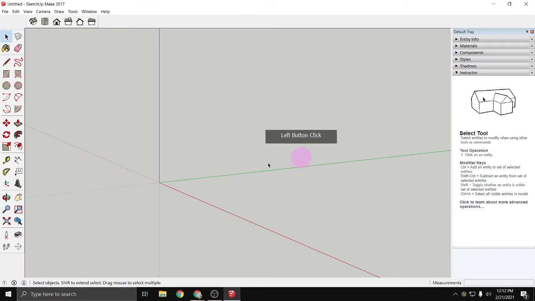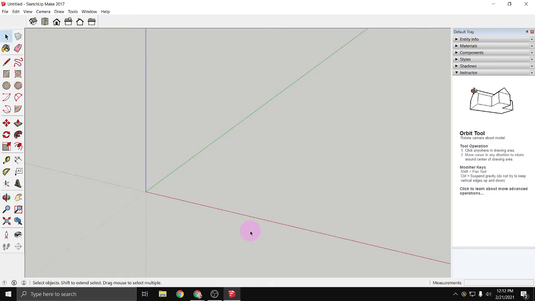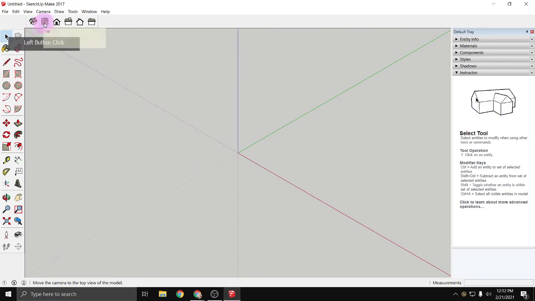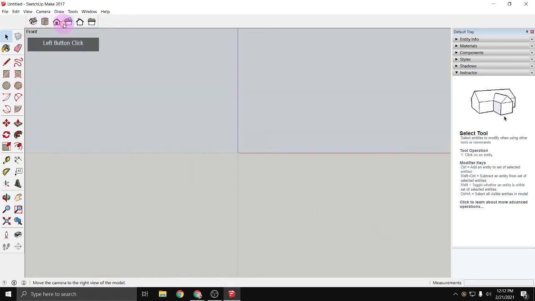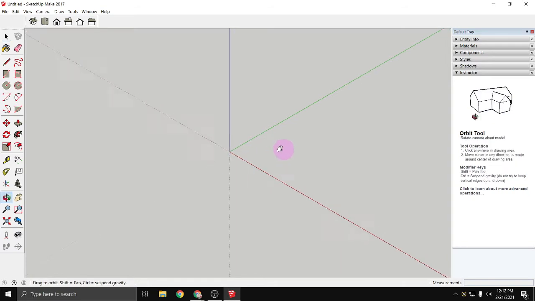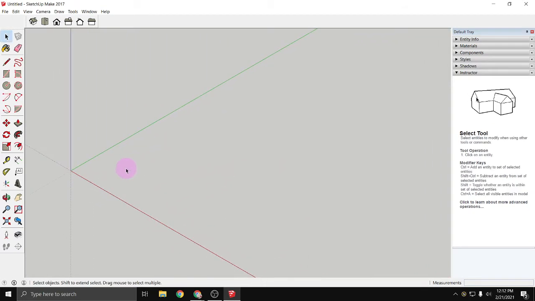So with that, I have my blank SketchUp. I'm just going to orbit around. And another thing too that's handy of why I like to keep this open is because this can just snap me to like some of the direct orthographics, so I could look at directly the front, directly the top. I could have an isometric view, pretty nice and easy. And then I'll hold Shift in my scroll wheel to just pan myself over a little bit. Because I usually like using SketchUp in kind of this isometric mode rather than looking at it from the orthographic views. And I'm just going to start with a rectangle,